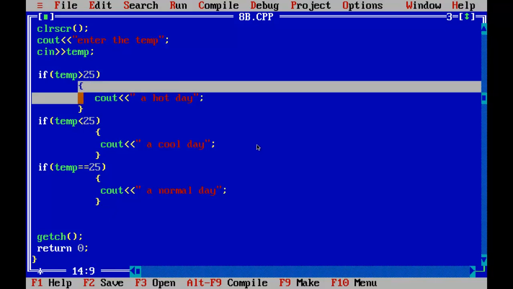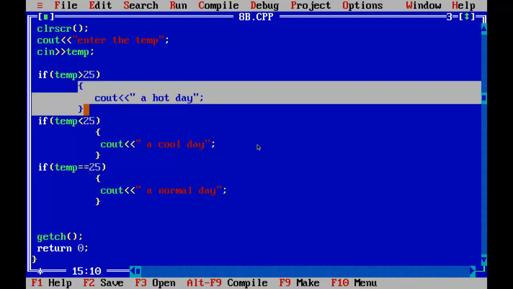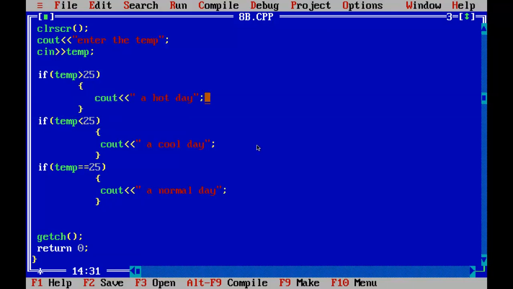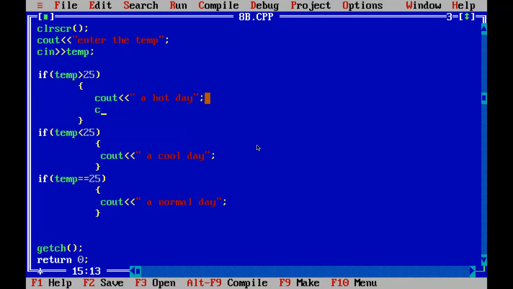These brackets make a group of statements a single statement. When we write a number of statements here, for example, you can write another message here, a hot day, turn on AC. Okay, now 2 statements are there.